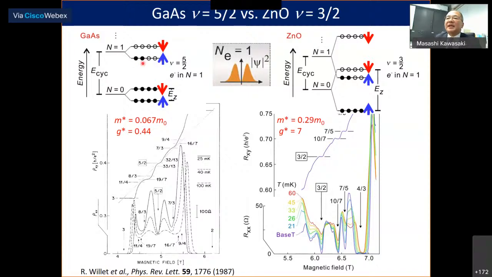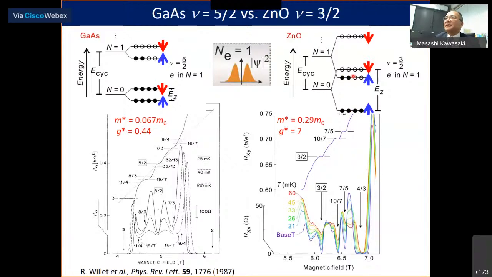This half-filled state is on the n equals 1 excited Landau level. And in the case of zinc oxide, because the Zeeman splitting is huge, this down-spin state of n equals 0 comes at higher energy than the up-spin band of the excited Landau level. And because of this crossover, you have filling of 3/2,